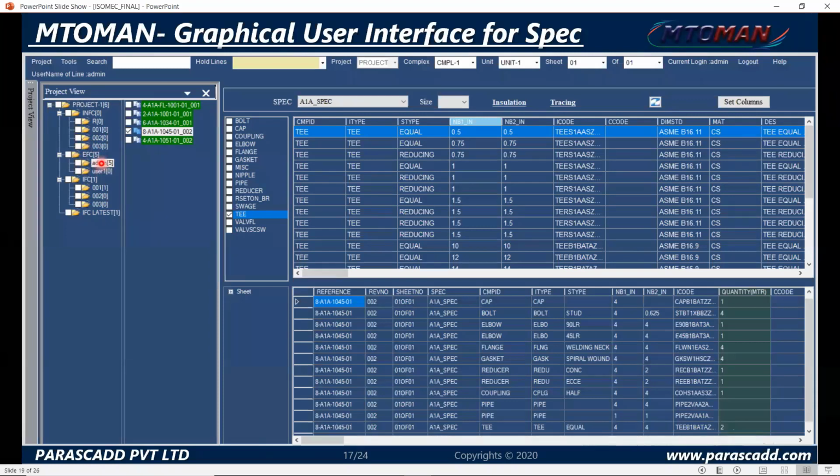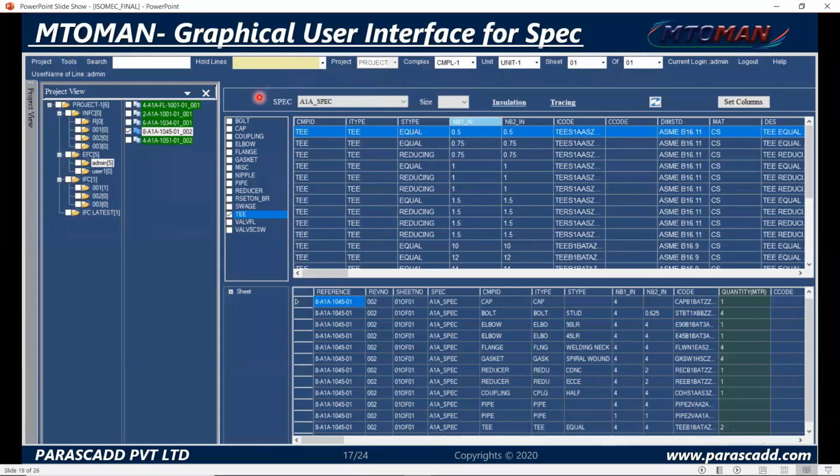So here either the admin can also work or a specific user can also work in routing of this particular line. So once the lines are created and approved by the design or checking team, we can send it to IFC, that is issue for construction, and henceforth you can use this for your next processes. Here in IFC, you can get the revision-wise line details also, or in IFC latest, you can get the latest revision details of those particular lines.